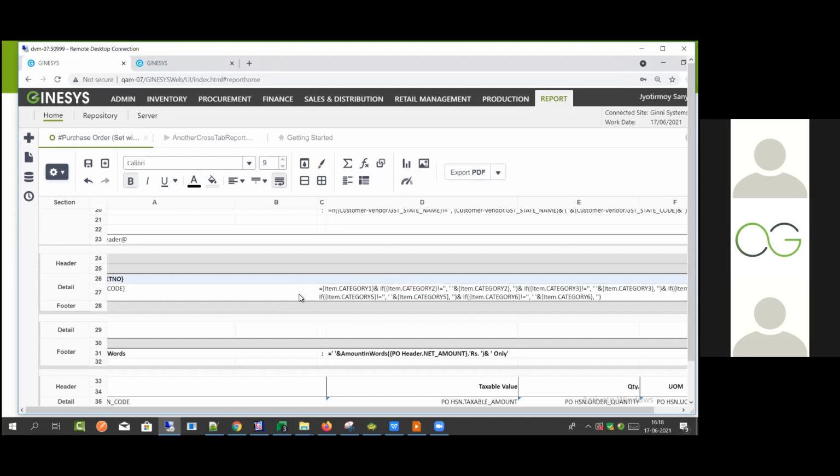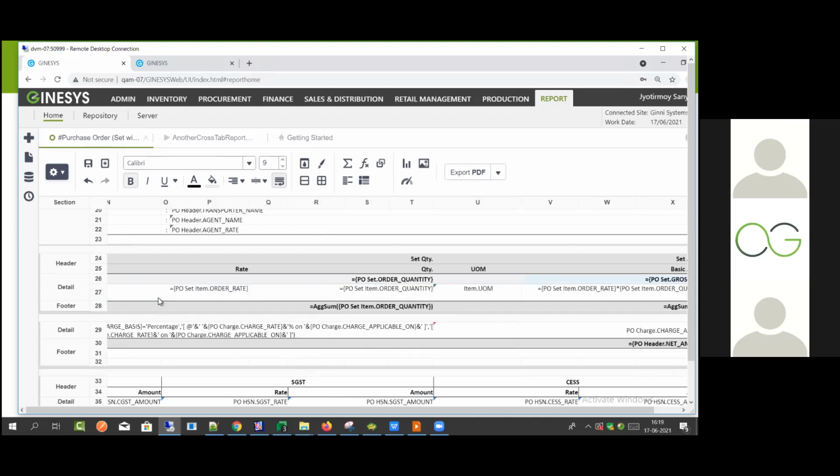So there is a dependency where your data source has to have the combination of the things that you require. In this case, it is PO and item, and based on that, you can design this report. Here we have a data source called the PO set item, and based on that PO item data source, we are able to create this particular repeating group.